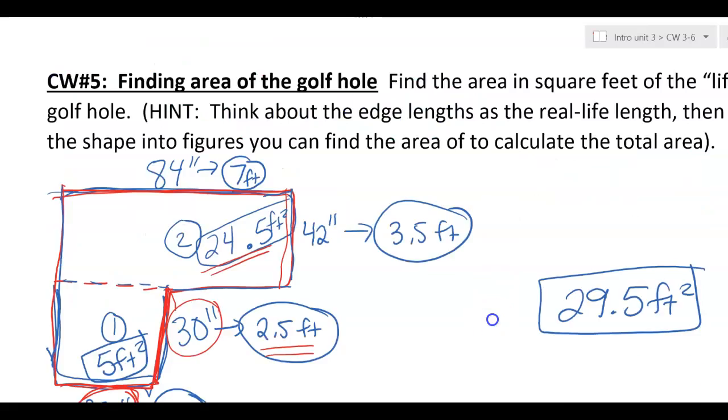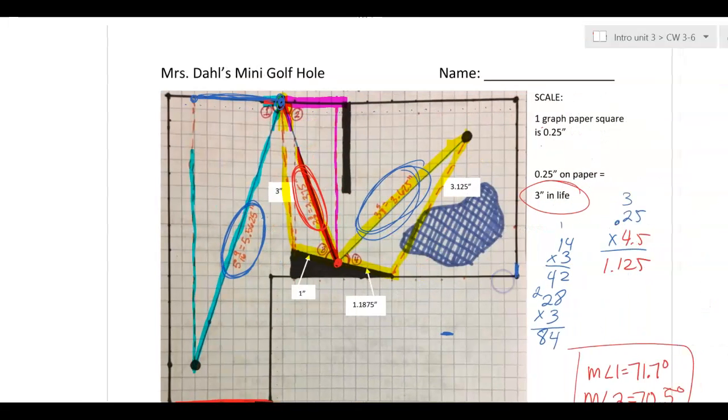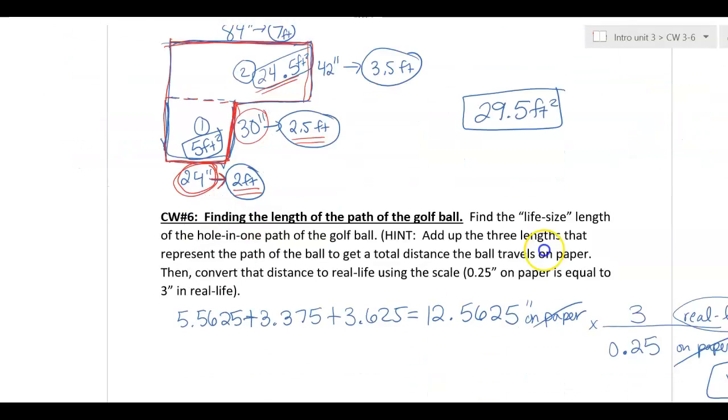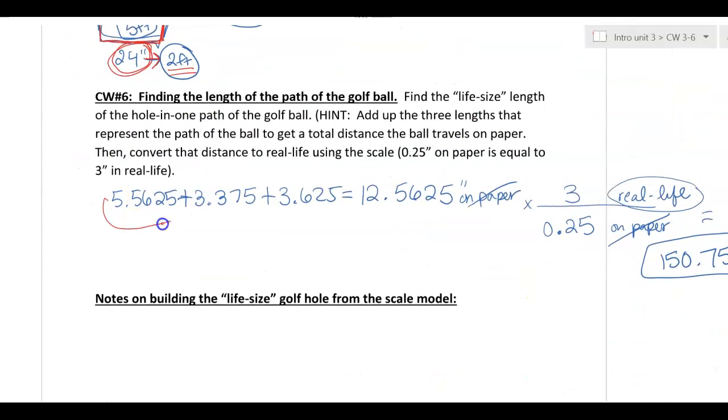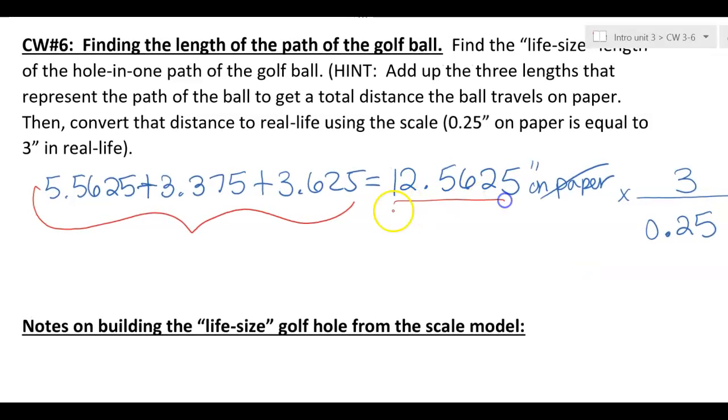Okay, so when I look back at my sketch and where the golf ball went, here was the beginning, here's the end. The golf ball went along here, then here, then here. That's the path the golf ball traveled. Is that okay with everyone? So all I have to do is measure those on the paper with a ruler and add them all together. So they've already been measured for you and marked down there. And so here they are being added together right here. Okay. And they make a total of